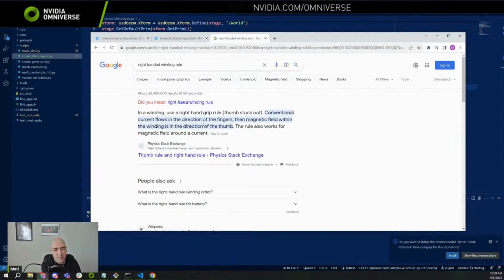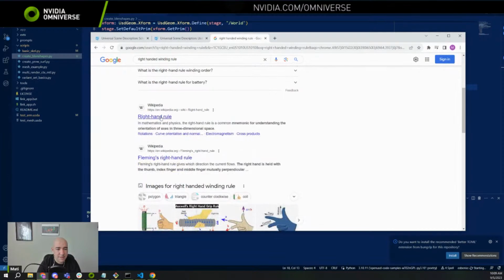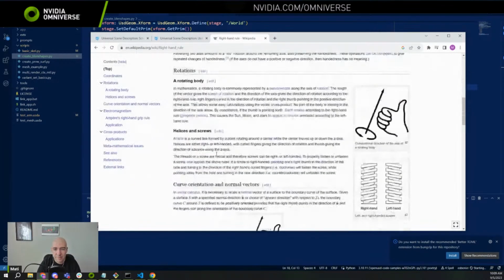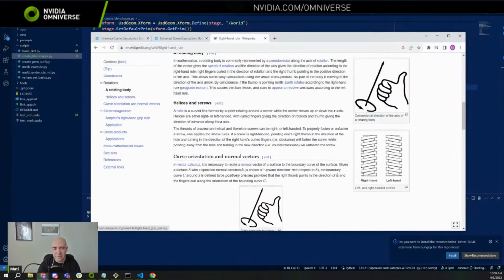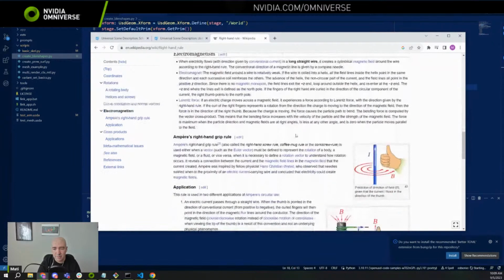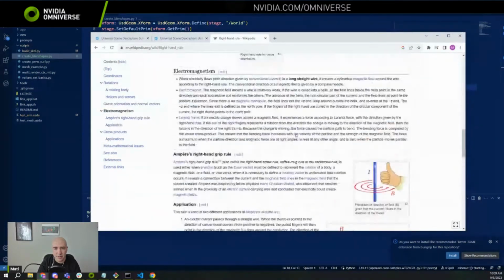Use the right hand grip rule, thumb sticking out. So I think it's counterclockwise. I had a better resource for this. It's probably this one. Ah, there we go. So right hand rule is the way that the thumb sticks out, so that's counterclockwise. I find it easier to remember it that way. Maybe that's the wrong way to think of it, but